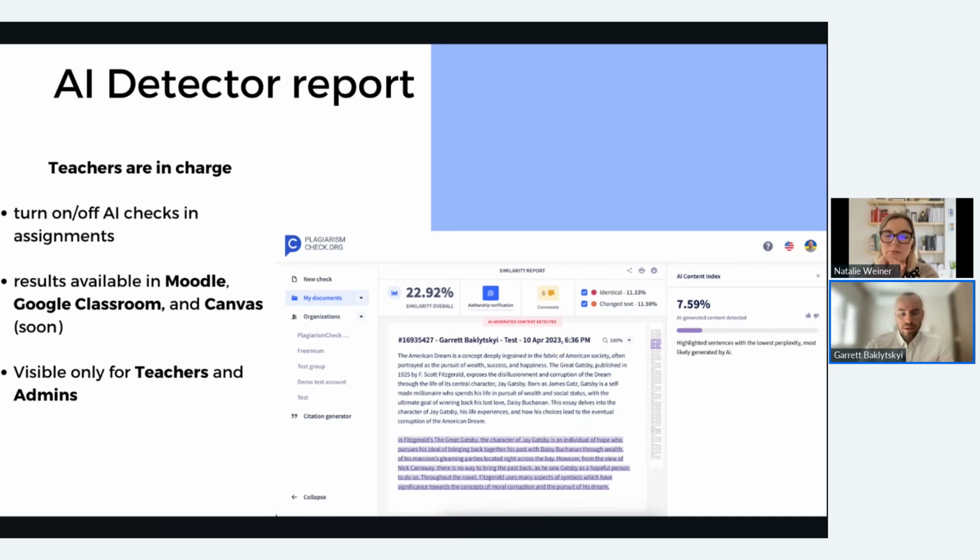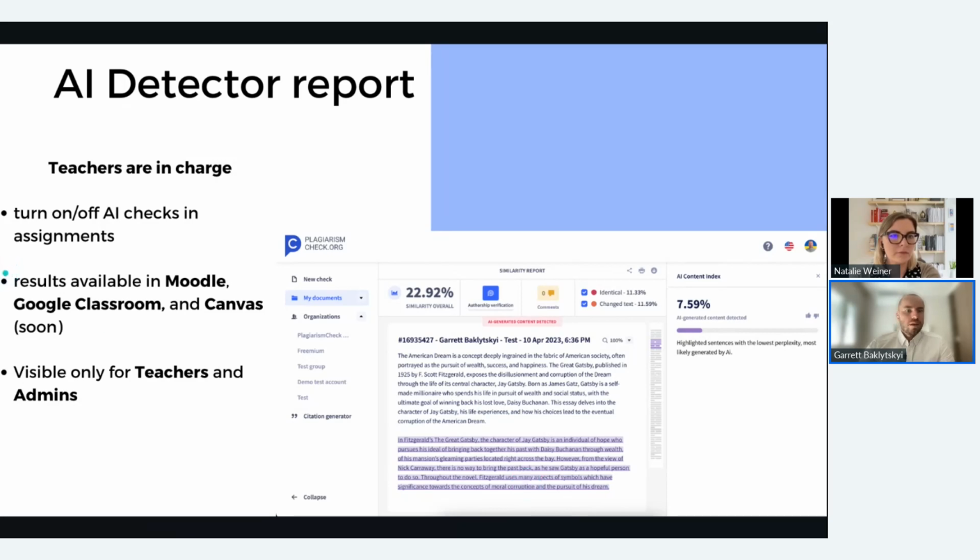And one of the options that we would recommend is to take this part that is marked as potential AI and ask a few questions based on this part to a student. And a quick hint, you can generate these questions using ChatGPT, just providing ChatGPT this text as a prompt and asking to generate 2-3 questions. Then you address these questions to a student and you see if a student understands what is written here.